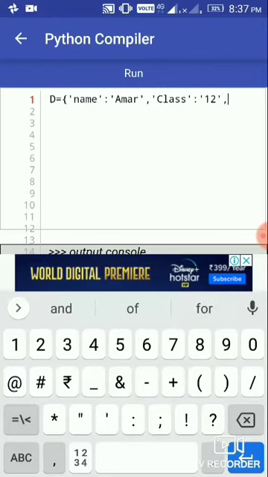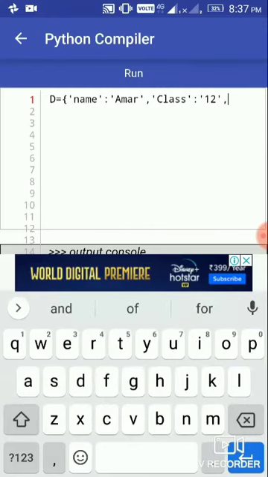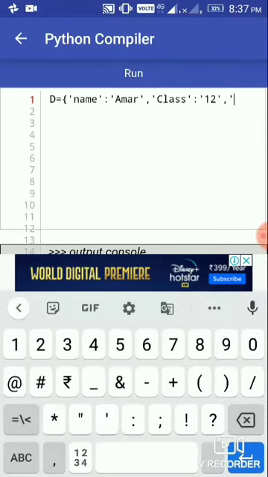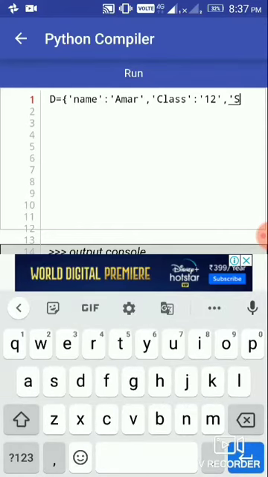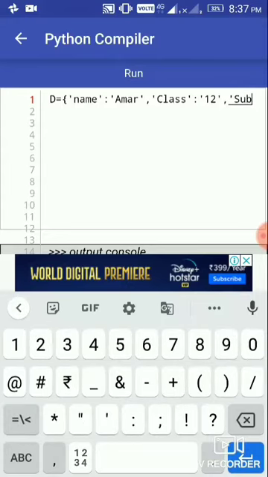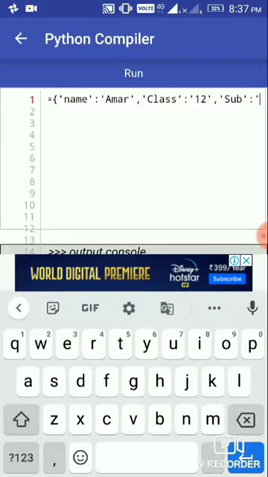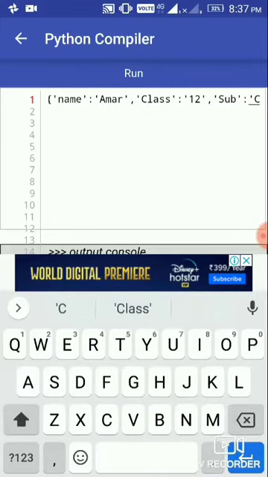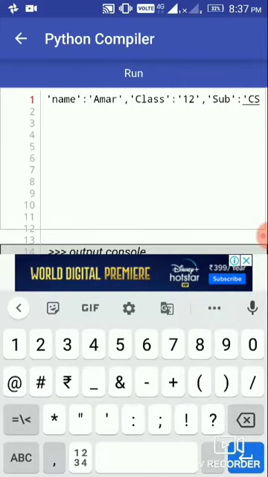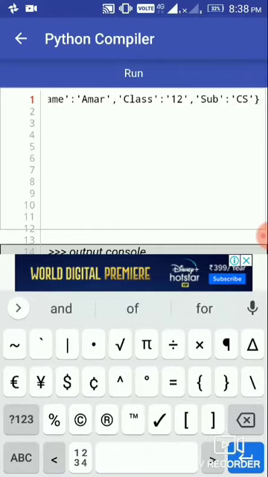After class, the third key is subject, using quotes, and the value of the third key is CS. Then we close the curly braces.